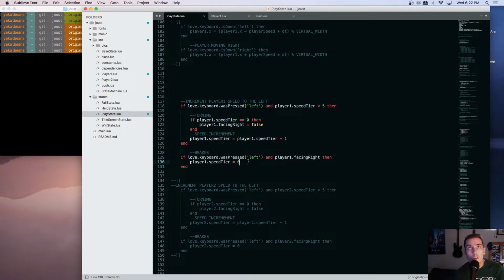Maybe I can set a flag or something to indicate that it should be skidding, and at that point,